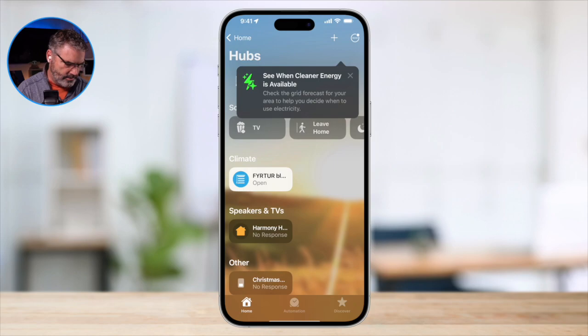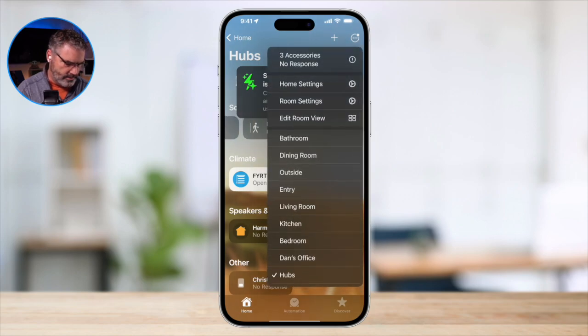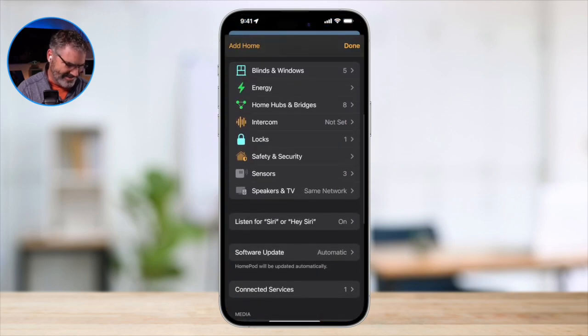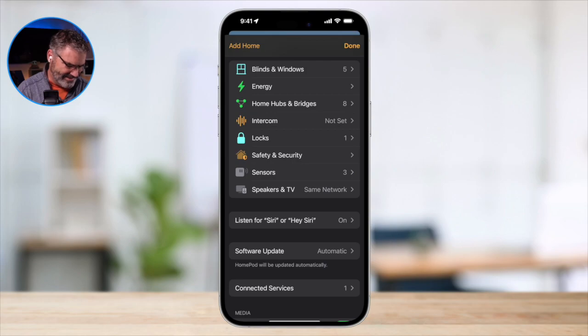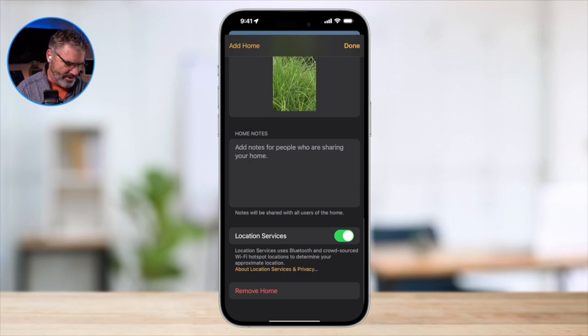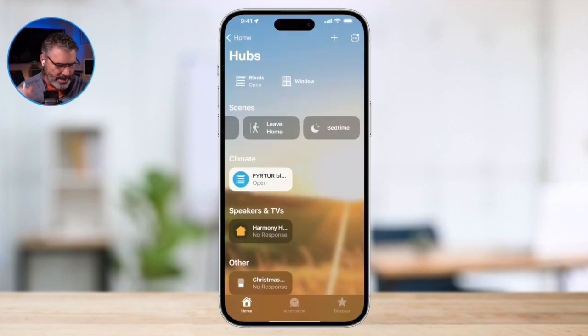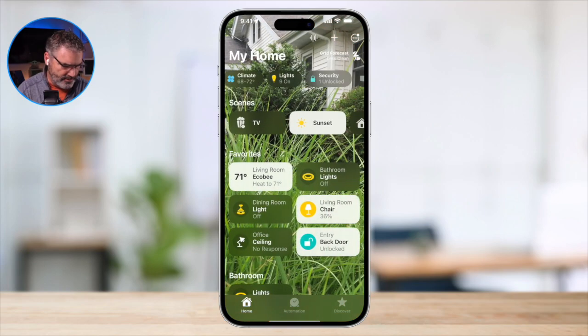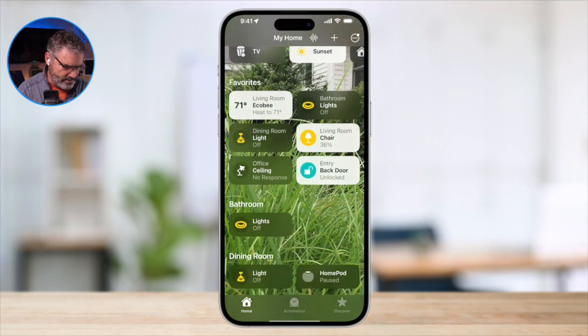Yeah. I don't know, and I'm trying to, you set up the HomePod through the Home app. Does anyone have any ideas on that?